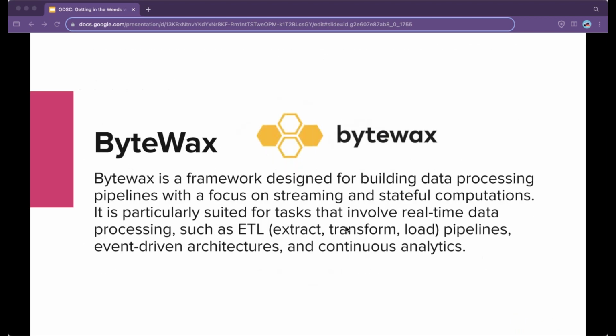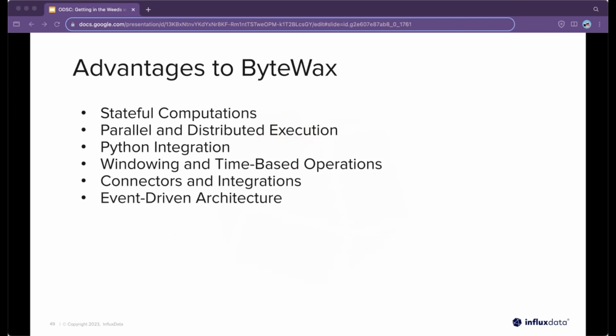Bytewax is a framework designed for building data processing pipelines with a focus on streaming and stateful computations. It is particularly suited for tasks that involve real-time data processing, such as ETL pipelines, event-driven architectures, and continuous analytics. So this is another good one. Unfortunately, we don't have an example of using it, but some advantages to Bytewax are things like stateful